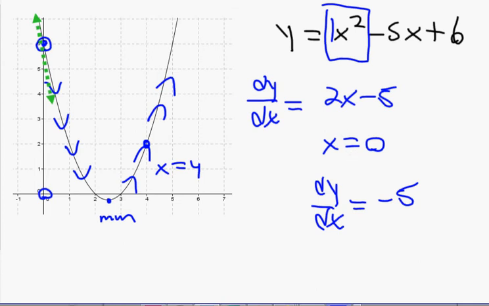How do I know x equals 0? Because it's on the y-axis. X is always 0 when there's a point on the y-axis. Okay? For example,